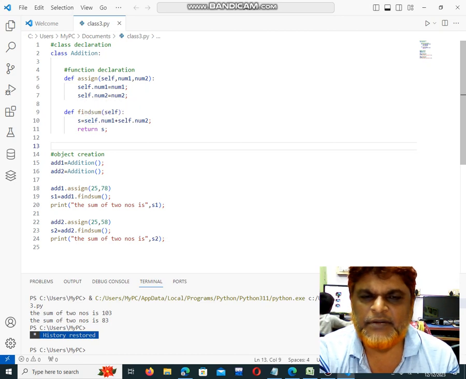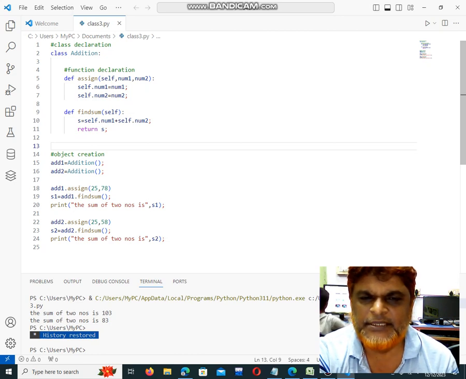Then what I am doing is calling the main function. In the main function I am using objects of the class. I am calling one class with two objects, and using this object I am calling the function assign, and for the parameters I have passed here, I am passing the values to the object. And again after passing, I am calling the object with the function because I want to calculate the sum of two numbers. Like that I am calling the function two times.